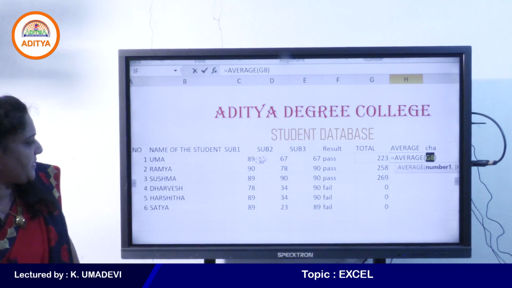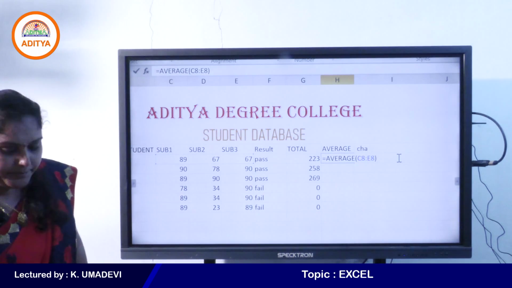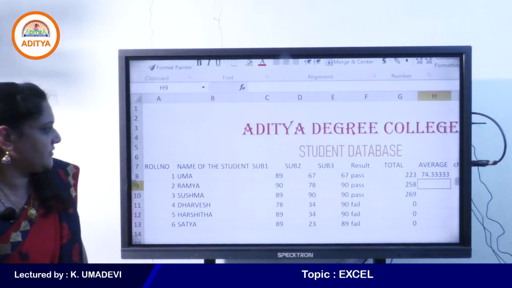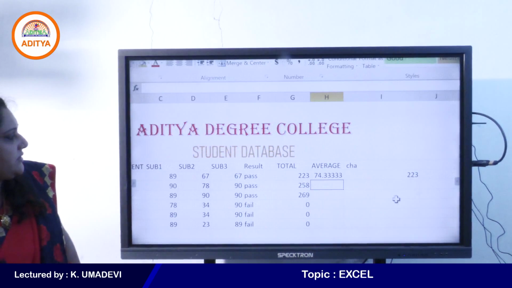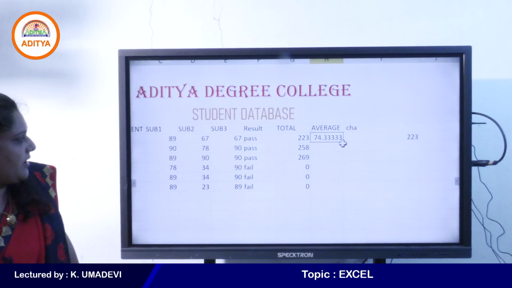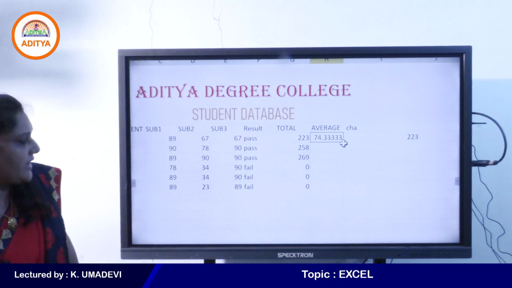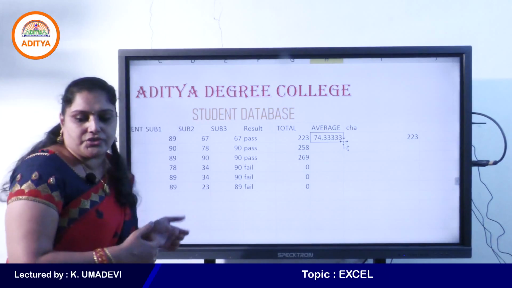Now I want to change my selection from subject 1 to subject 3, and then press Enter. See here, 74.33 is the result for the first student, that is the average of the first student.